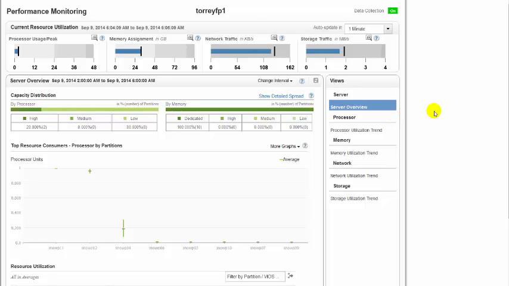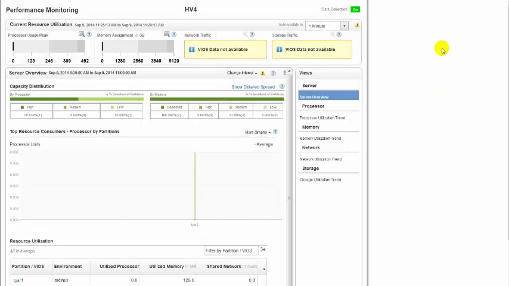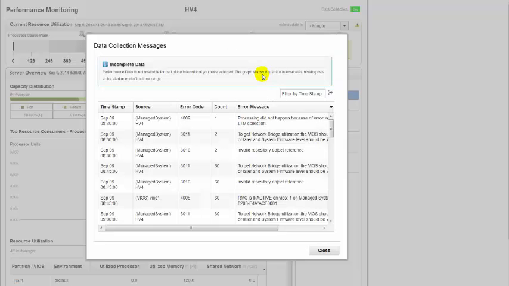So let's go to that server. So this is the server. Here the VIOS RMC is not up. So for that reason, network and storage traffic is not available. And we have this yellow indicator and one more here. So if we click on this, we will get some information.